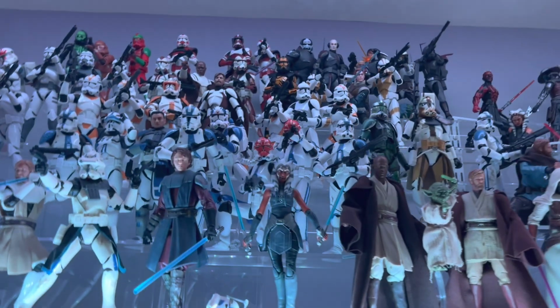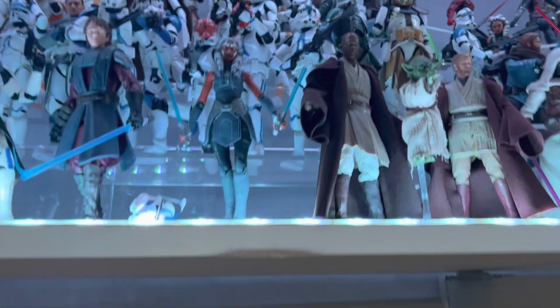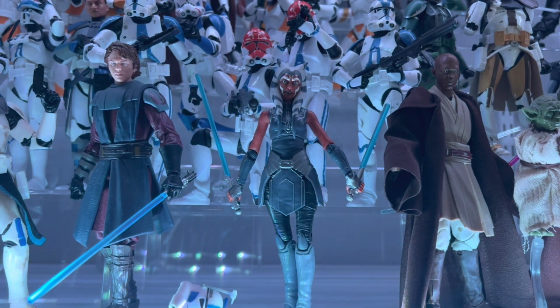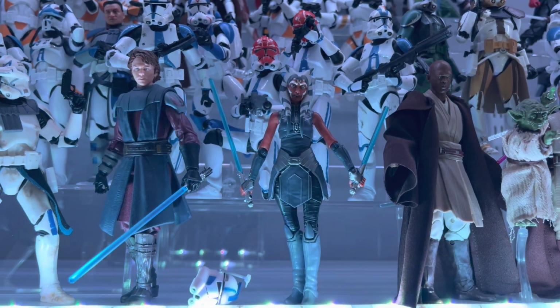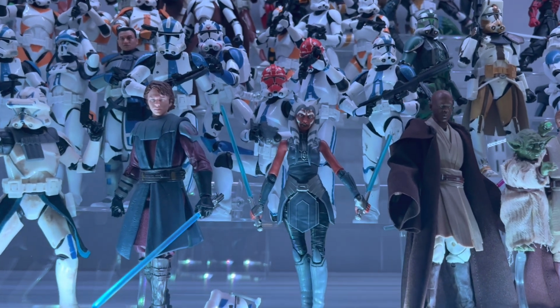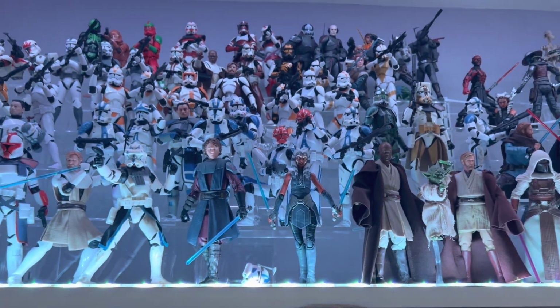Let me just say, so glad that we got that new Ahsoka coming out. I think what I'm gonna do with this one is have her fighting the Mandalorian Darth Maul. Yeah, that's gonna be kind of fire. And I'll have that Padawan version here. That Padawan Ahsoka is my most wanted Star Wars figure, so...